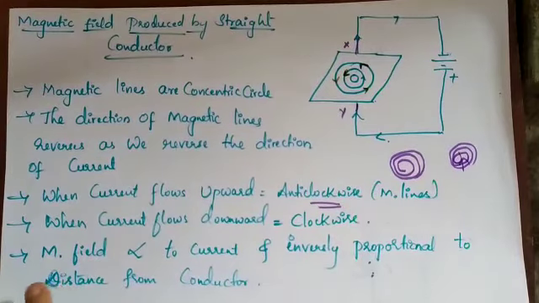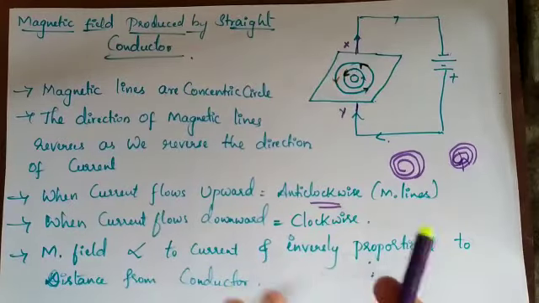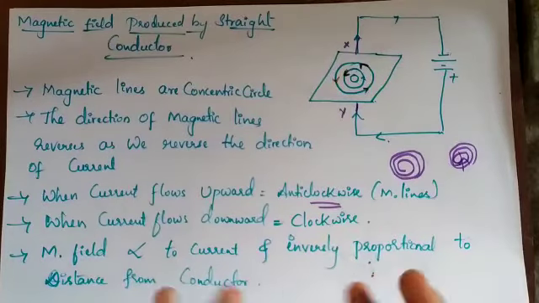Okay, so next is another important topic. The magnetic field is directly proportional to the current. So what is the magnetic field doing? It is changing, isn't it? When current flows upward, it is changing, the directions may be different, but it is directly proportional. So it is responding to the current that is flowing, isn't it?